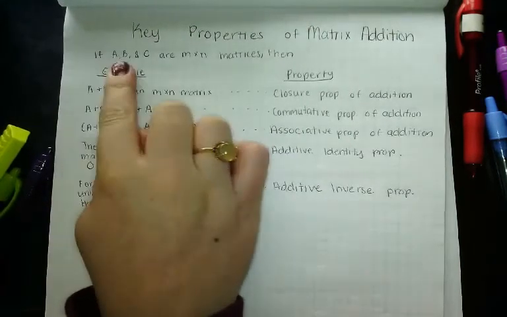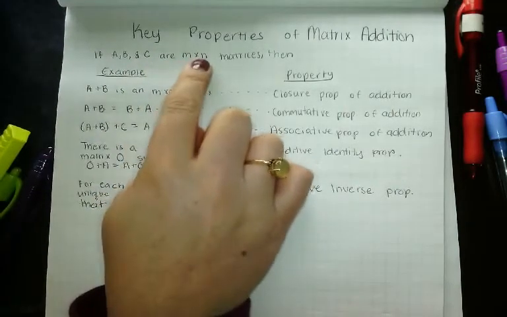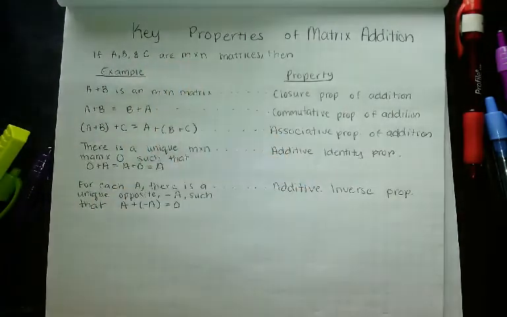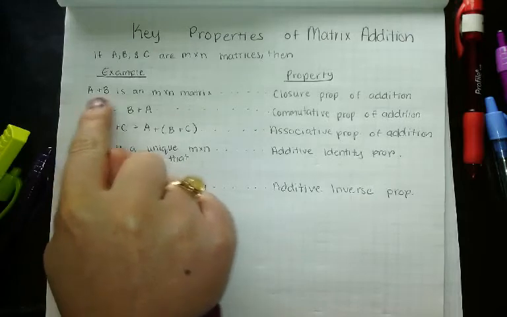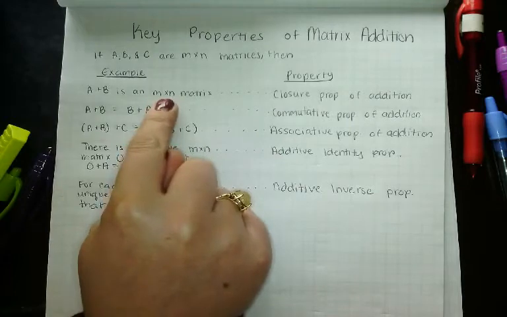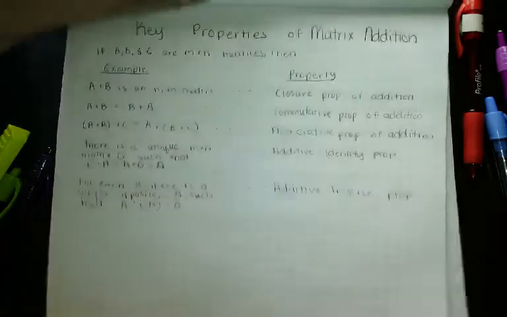So first of all, if A, B, and C are all m by n matrices, that just means they're all going to be the same dimensions. So they're either all 3 by 2, or if one of them's a 4 by 8, then all the rest are 4 by 8s. It just means they're all the same dimensions, so that means we can add them together. So when we add two matrices with the same dimension, our result is another matrix with that same dimension,